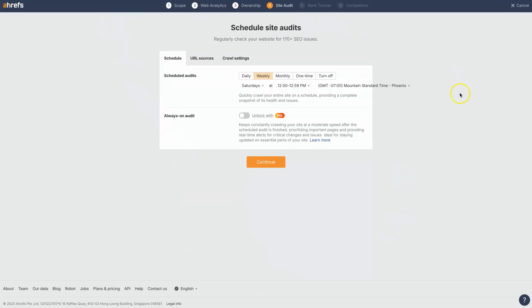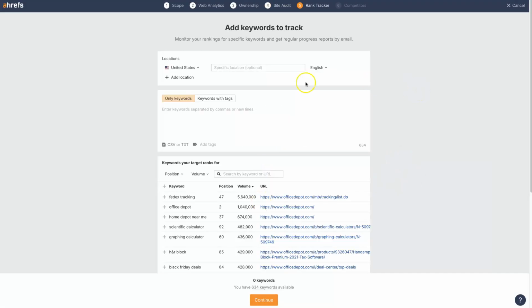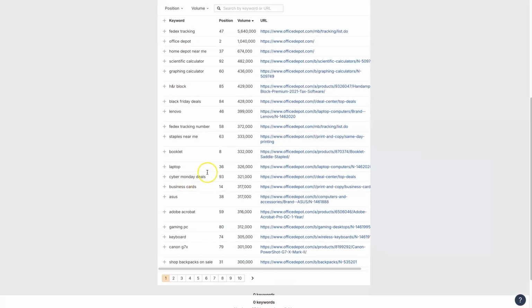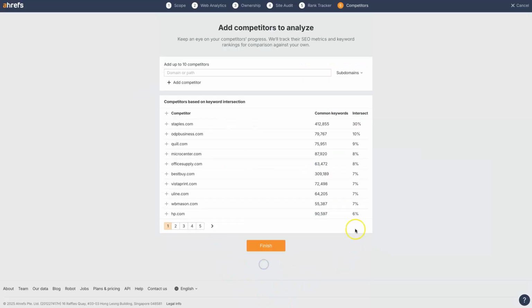And then it's going to give us some scheduling options here. Let's say we want it to crawl monthly at a specific time on a specific day. Of course, you can adjust this. And we'll click continue. Then we want to choose a location and any keywords that we want to be tracking through the rank tracker. I'm not going to actually add any for right now, but once we're done, actually we